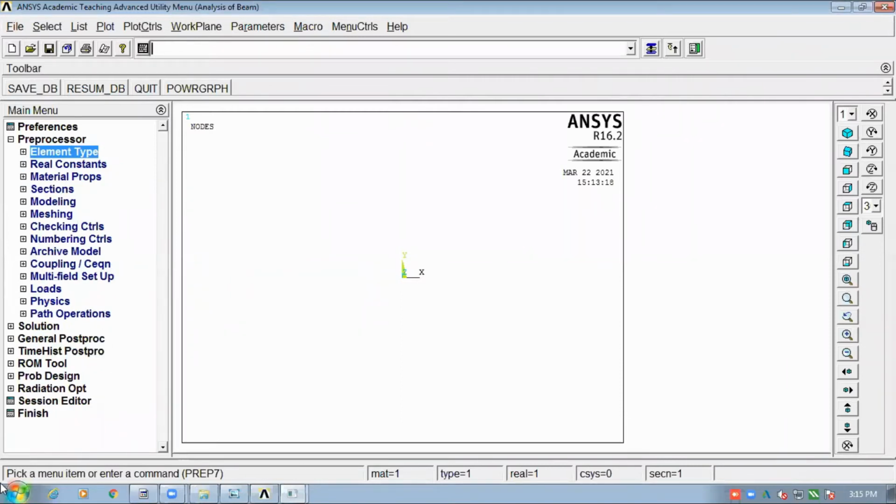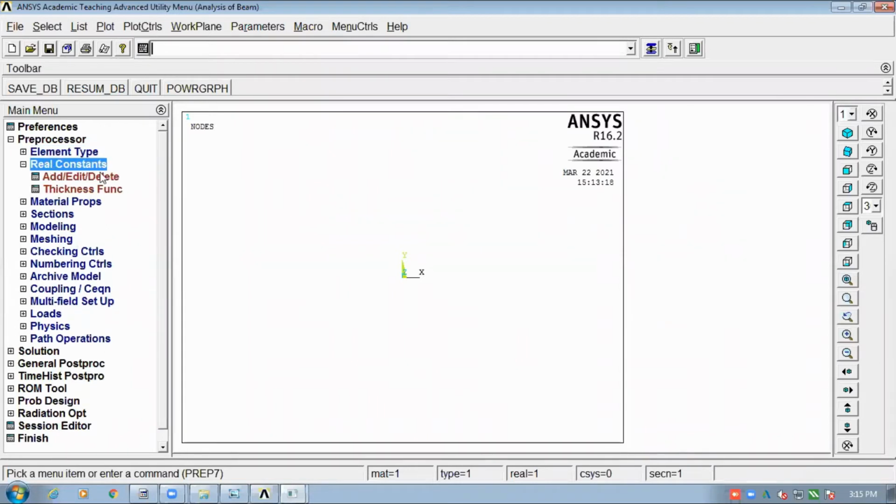Now the next step will be real constant, as I told you. See, the element which you selected is a beam element, that is beam 188. Here there is no provision to enter the value of cross-sectional area in real constant.